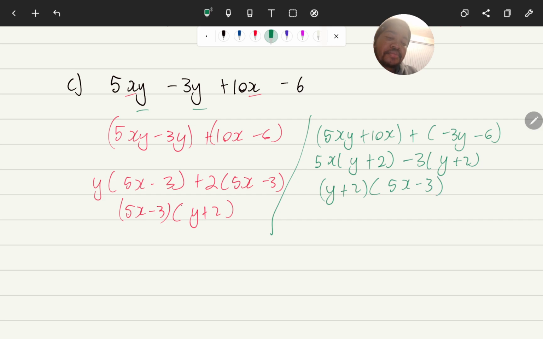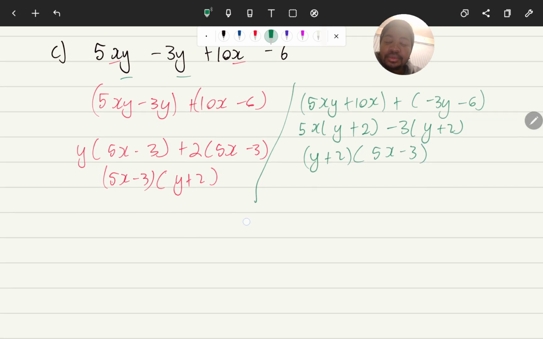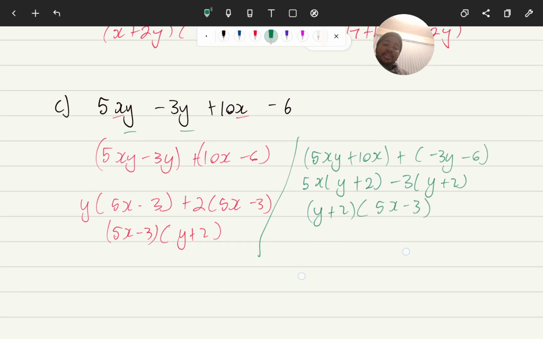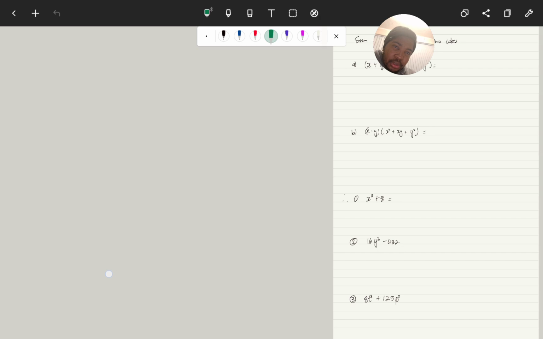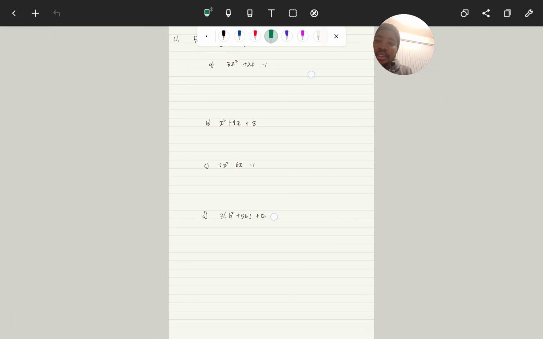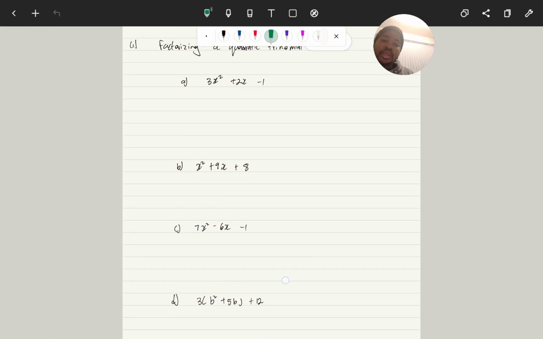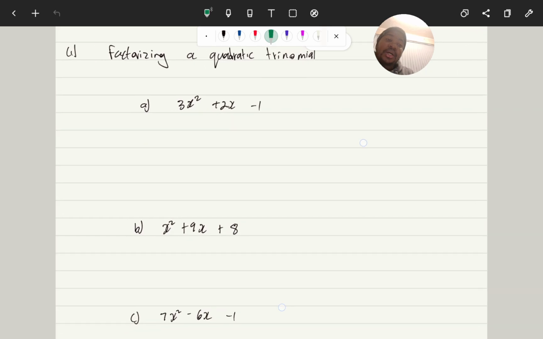5x minus 3. Exactly the same answer. Let's see what we have next. Let me see. Alright, cool. So yeah, we were doing factorization by